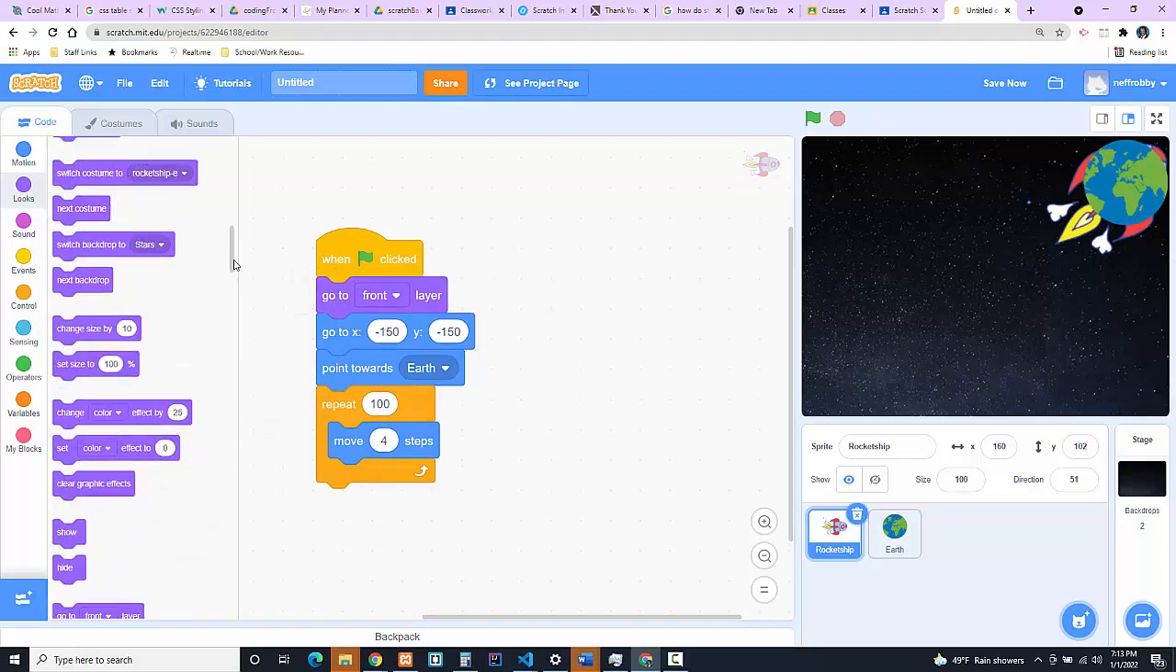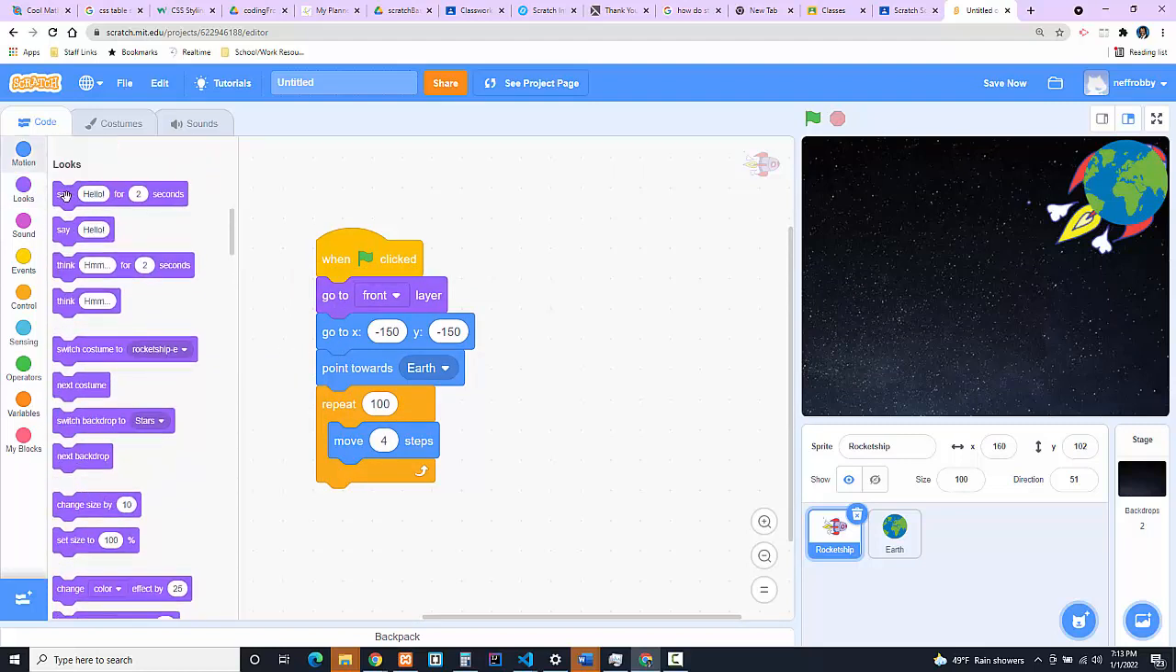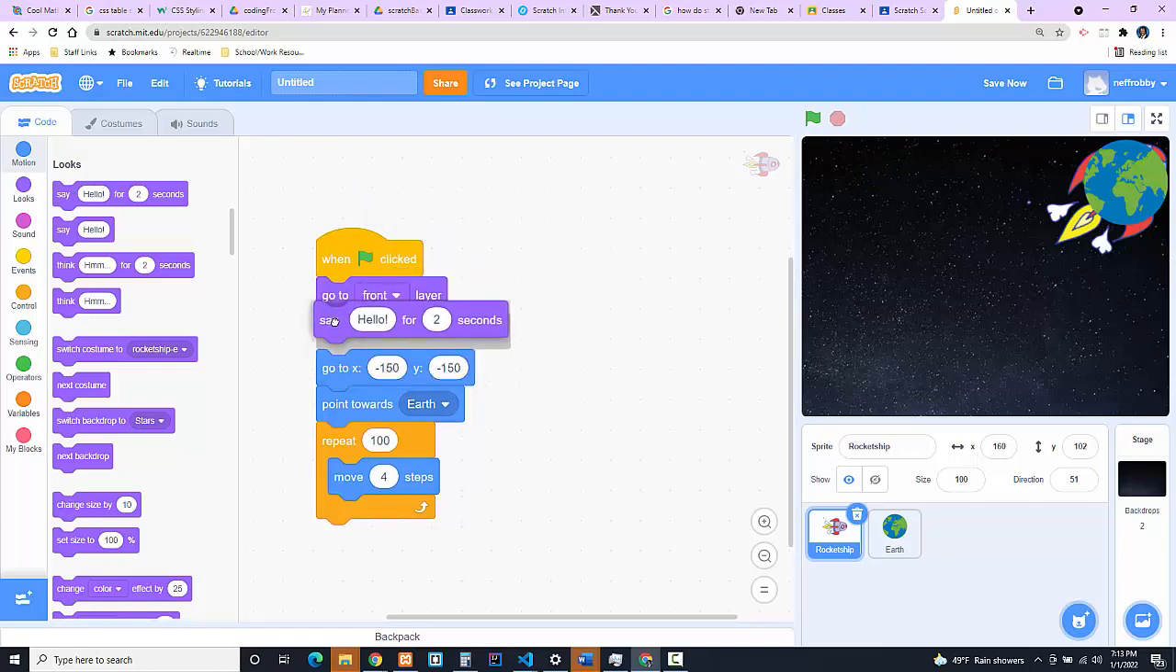Another thing is, maybe I want my astronauts inside of the rocket ship to say something when they get started. So this first block right here, say hello for 2 seconds, I'm going to put that right there, but I'm going to change hello to let's go. Now if I click on my green flag,